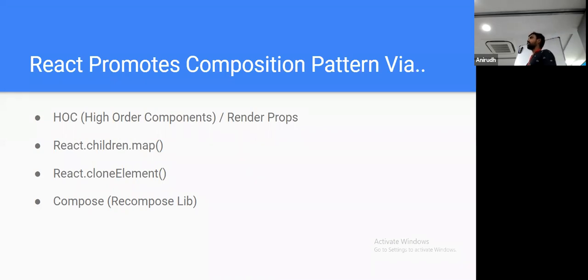It also has React.Children.map. This map method is different from the array.map function, because array.map doesn't take care of the fact that children can be a string, or can be an array, and if you map over these with array.map, the map function will throw an error. That's why React has created its own map function. If you want to map over a list of components, this is the method you need to use. You have cloneElement, which is very important when you try to compose your functional components. And also we have the compose library. We will come back to this in the later slides.